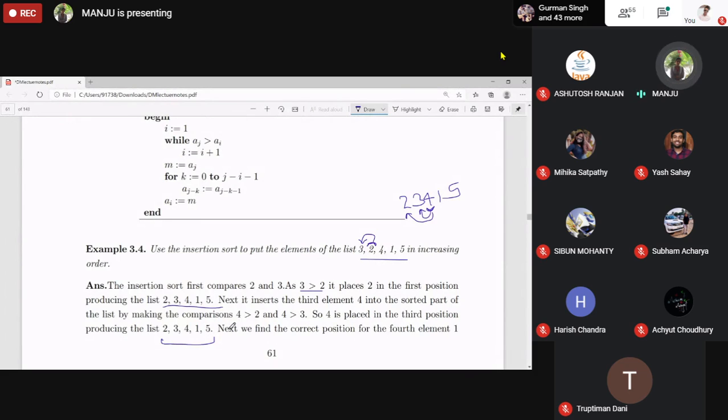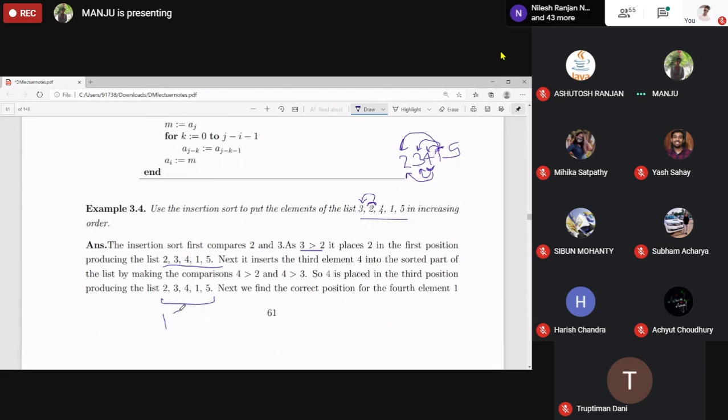Okay. Then the next step should be, it should go to fourth element. It is comparing with already sorted elements. Okay. So where is the correct position for 1? फर्स्ट पोजीशन. So it will replace all these 3, right? That is, it will shift all these 3 elements by 1. So it will replace this one. Then 2 will be here, 3 will be here, 4 will be here, right? So the output of this step, we have 1, 2, 3, 4, 5.